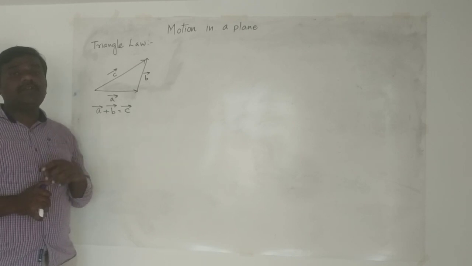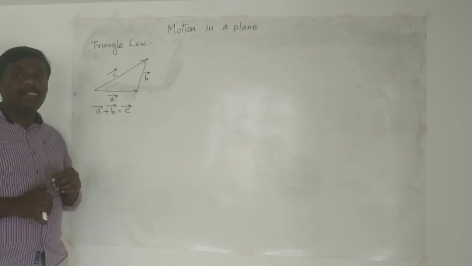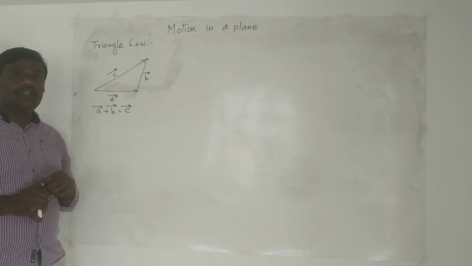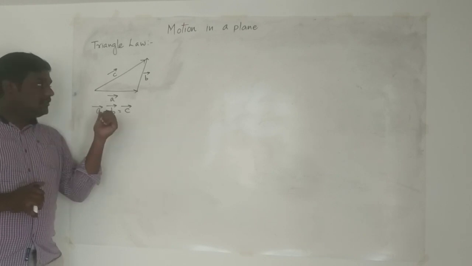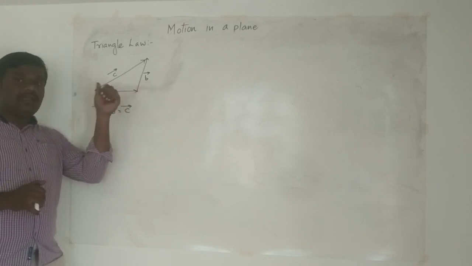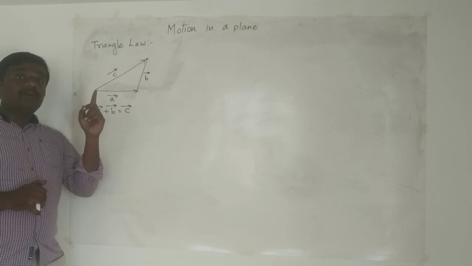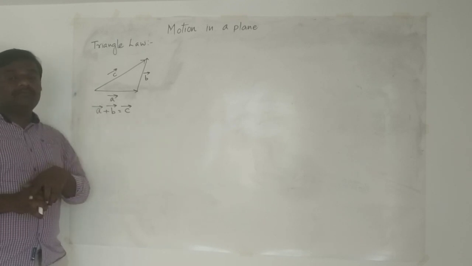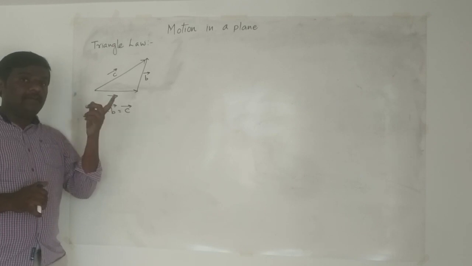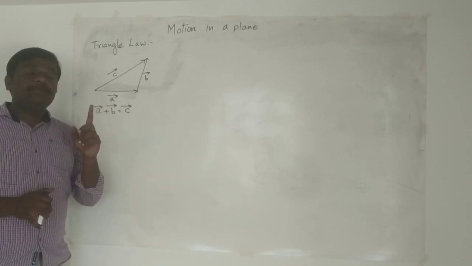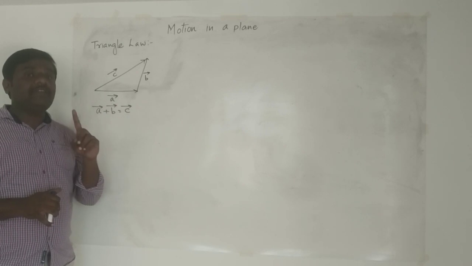Those things you are unable to calculate. Simply you can write the formula. Now the question is how to find the actual magnitude of the resultant vector based on the vectors you are going to add, and based on the angle between them. Angle between them in the sense angle between the two vectors which you are going to add, and how to calculate the direction of the resultant vector.